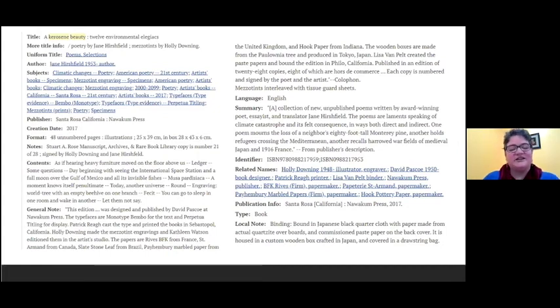So I know these are two really extreme examples, but I try really hard to go this far, right? This is the ideal, as much information as you can put together in a record, so that you have as many ways to get into the record and find the material, and that this information is preserved in our catalog for somebody who might be looking for the poetry now, but might be looking for Mezzotints later.